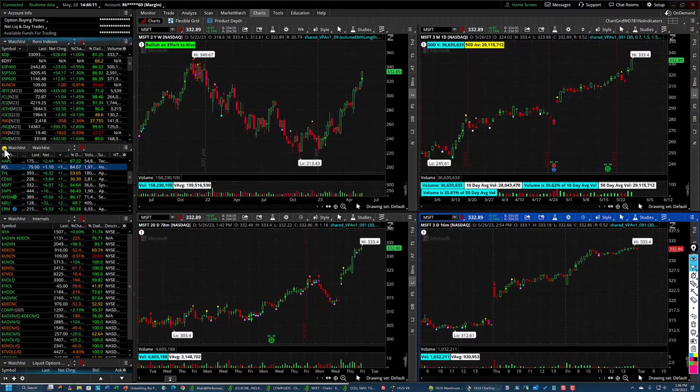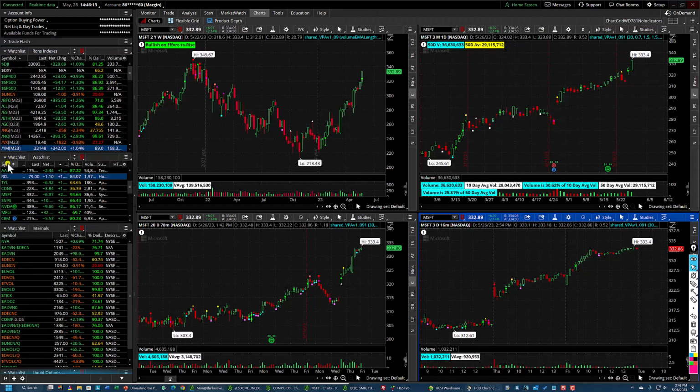I'll just sort over here. Symbol, it's already sorted on symbol. Let's take a look at AMAT, which has been moving up sharply. The weekly chart, if I start over here in the weekly chart, this goes back to the week of January,